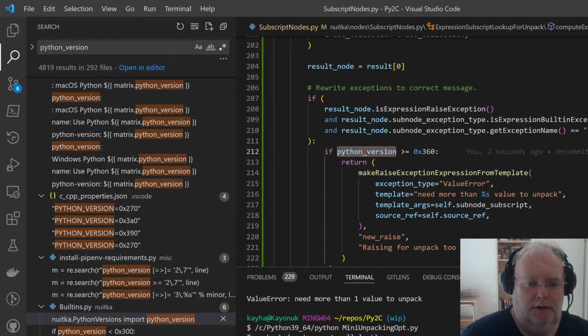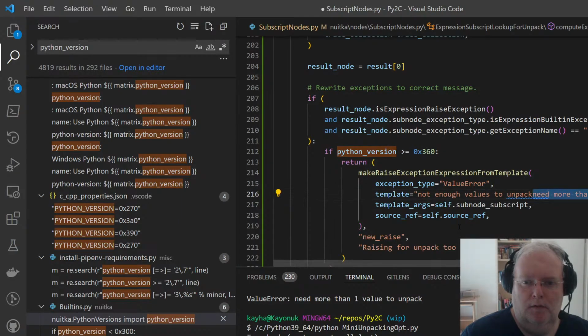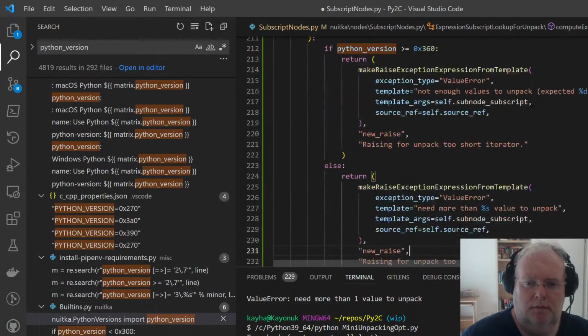Okay, not enough values to unpack. Expected percent. Why is it not D? Why is it not D? Good question.